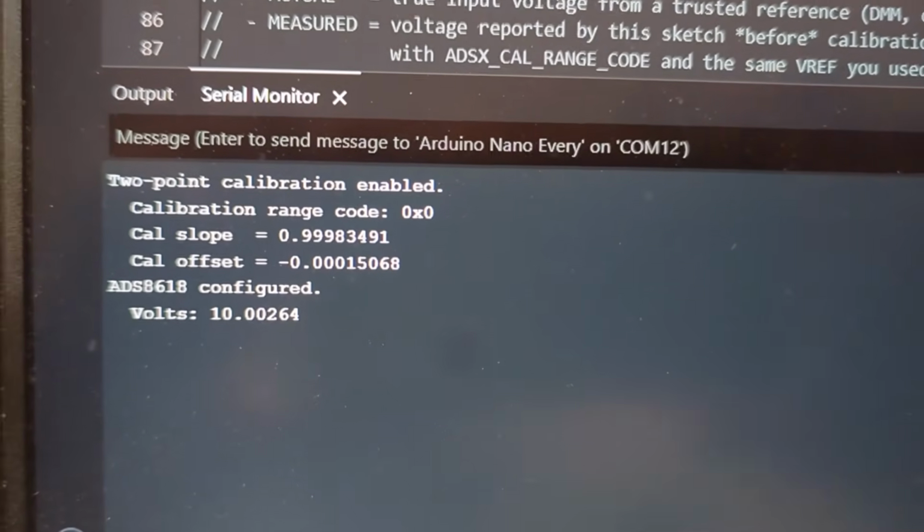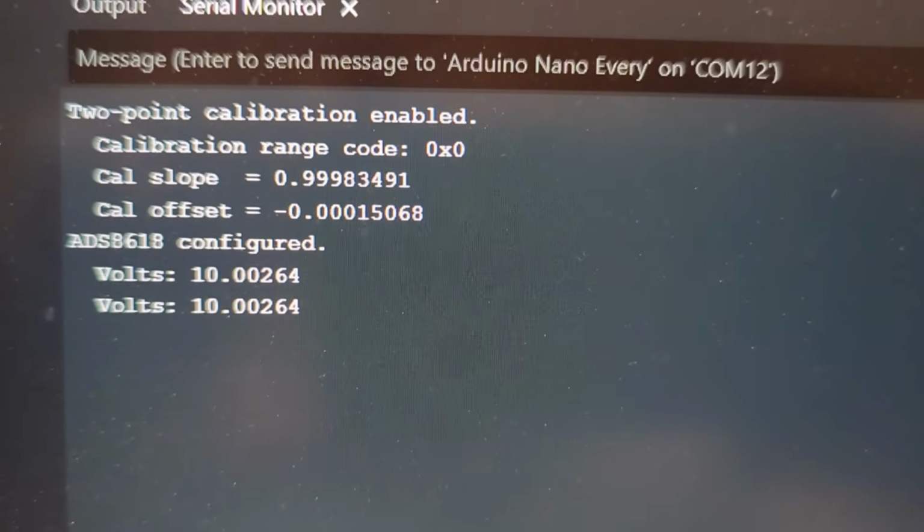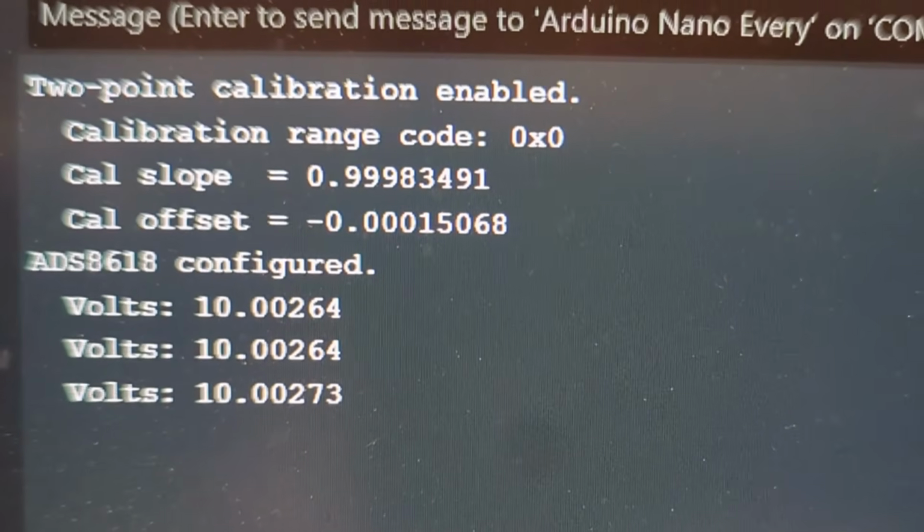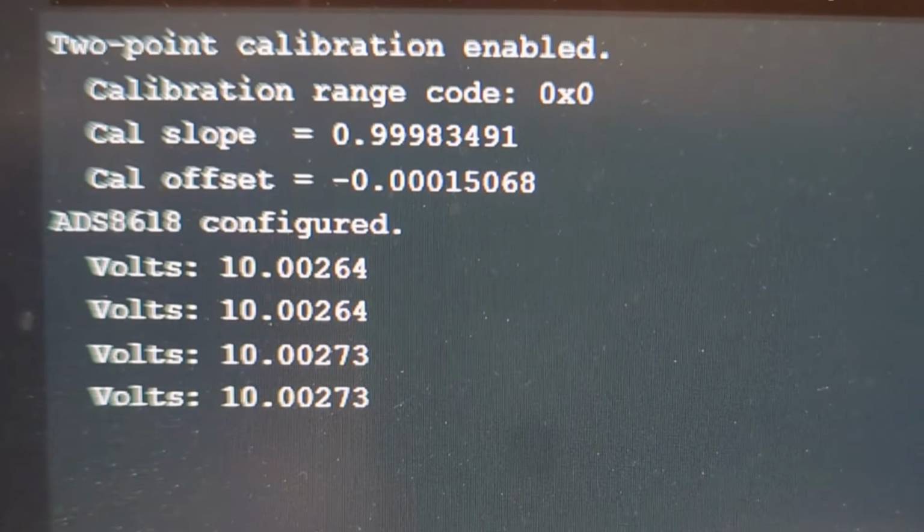Okay, and then I'm going to reset the serial monitor, and we see our code start up, and we now see our new reading that I'll let a couple more readings populate. So when the setup code for the Arduino setup function runs, we do these calculations. In my code, I call it the slope. I know in this tutorial I call it gain, but this is the gain correction factor, and this is the offset correction factor. But we can see the slope is less than 1,